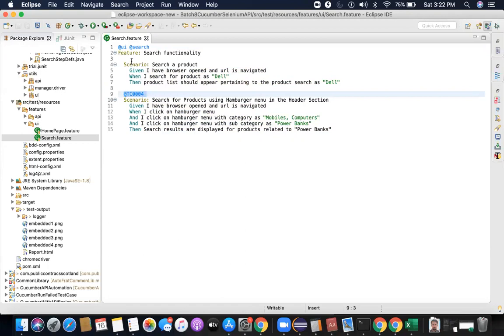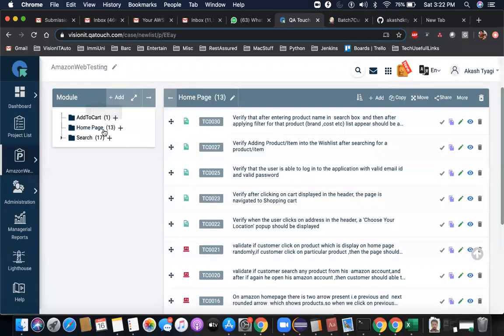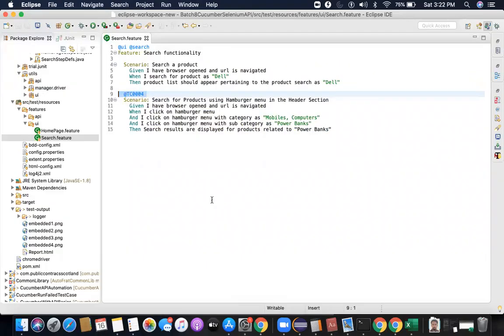I am supposed to be putting something here as well, but I will just find out and put it. For test case 4, I have written the test case ID here, which I am fetching from here. And this is a very, very standard practice in real-time projects, wherein you tag your test cases, because it becomes easy for you to look in the reports for the specific result of this test case.